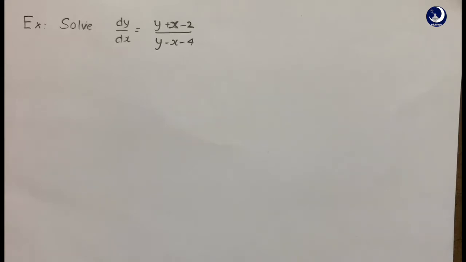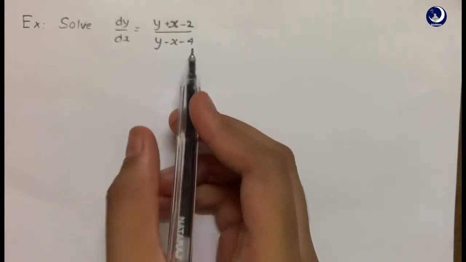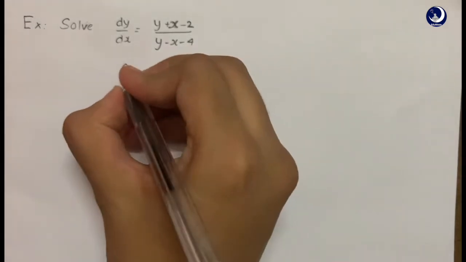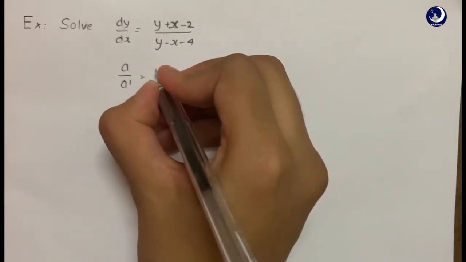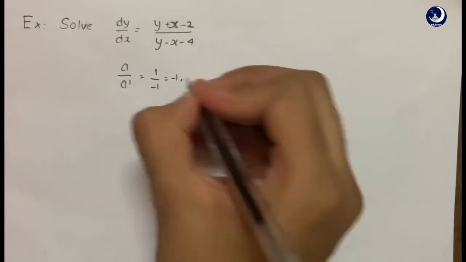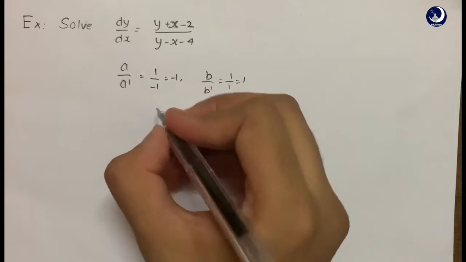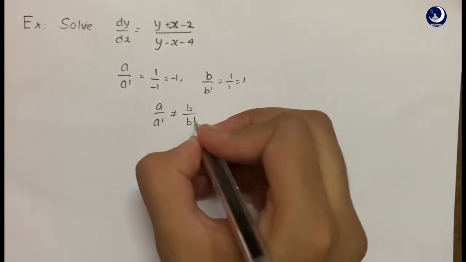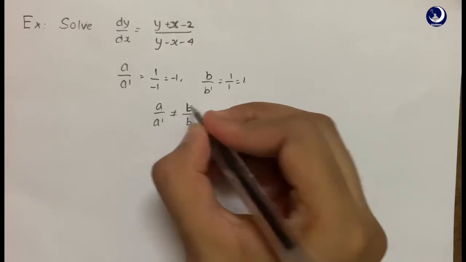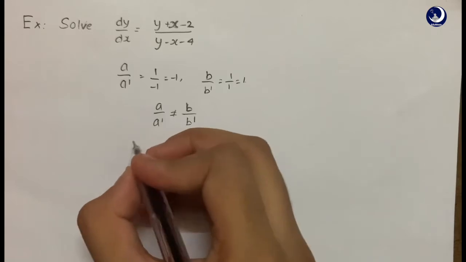Solve the given differential equation dy by dx equal to (y plus x minus 2) by (y minus x minus 4). So first let's find a by a dash and b by b dash values. A by a dash not equal to b by b dash. So we're gonna solve this differential equation using case 1 method,